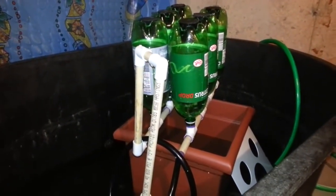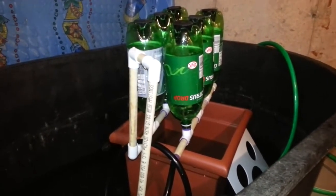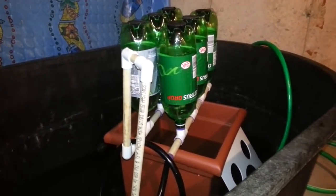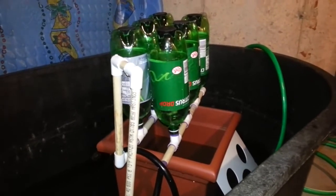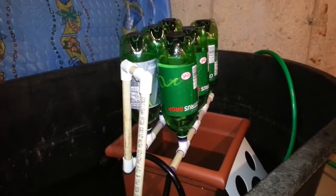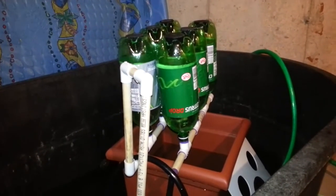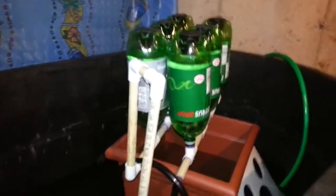This is a hydroponic system I'm working on. This right here is pretty much just a proof of concept. It's not really tuned just right to really grow stuff, but it definitely has the potential to do that at some point. The key to this system that I'm working on here is that I'm reusing what would be